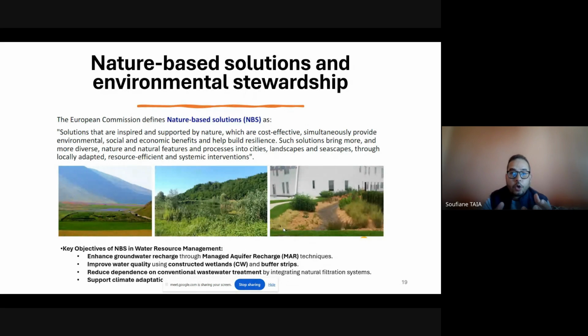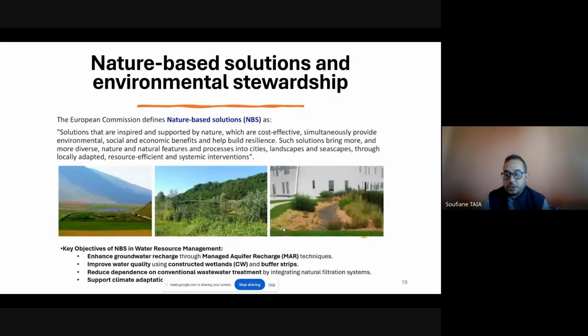So in this project, we also try to explore the nature-based solutions, which offer a sustainable way to manage water resources while benefiting the environment, society, and also the economy of the community. According to the European Commission, nature-based solutions are inspired by nature and focus on cost-effective and resilient solutions that improve landscapes and water systems through adopting